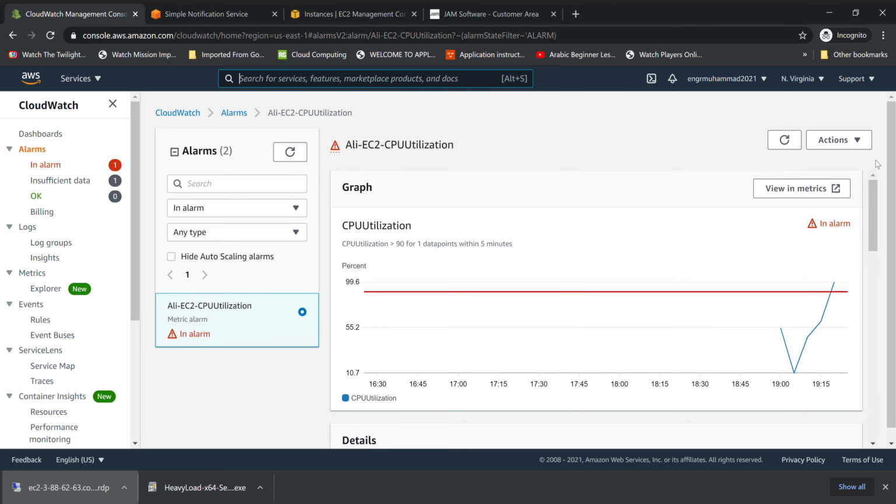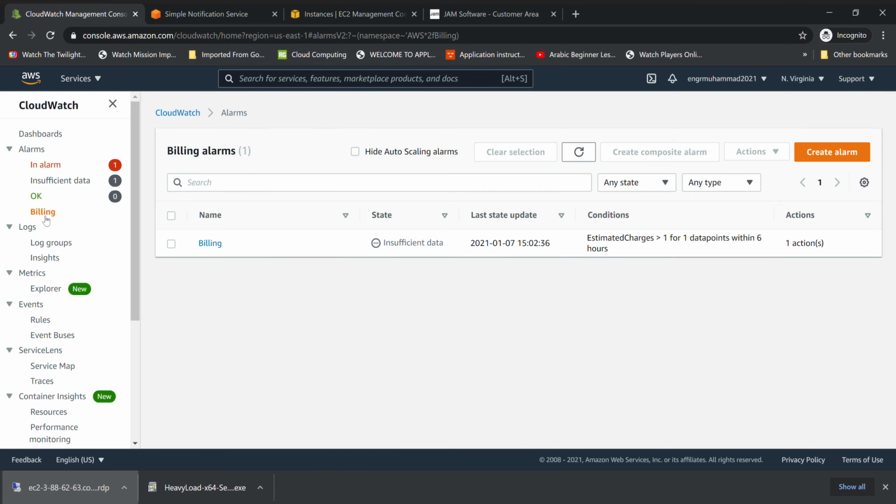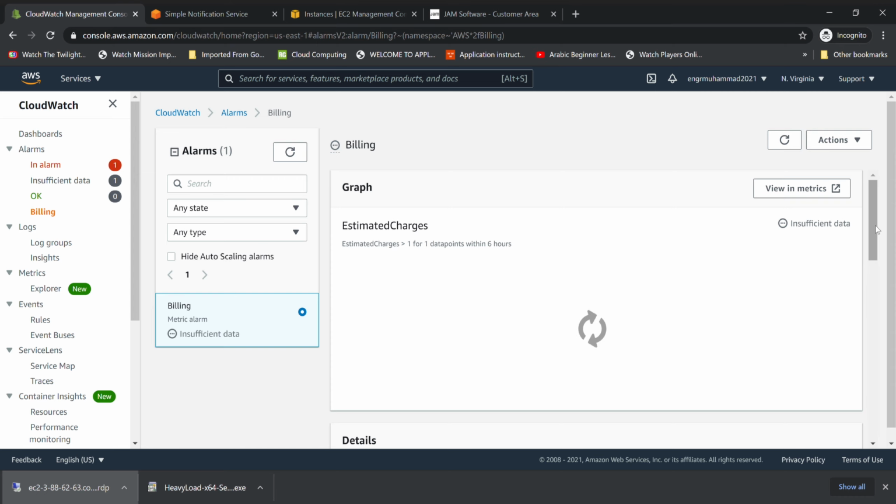So in this way, particular metrics are available for particular instances, or whatever you desire. If you want to utilize CloudWatch for particular alarms in combination with SNS, Simple Notification Service, you can receive particular emails for particular services. As we can see here, I have created this billing alarm. What is that billing alarm? It is that my